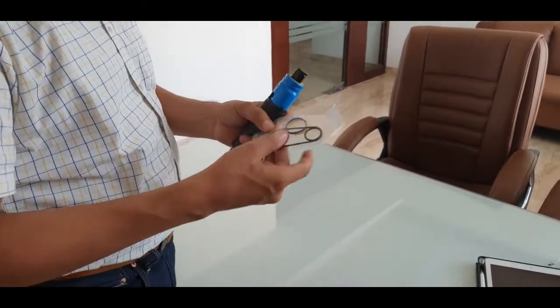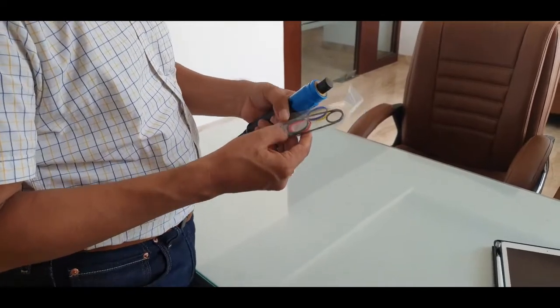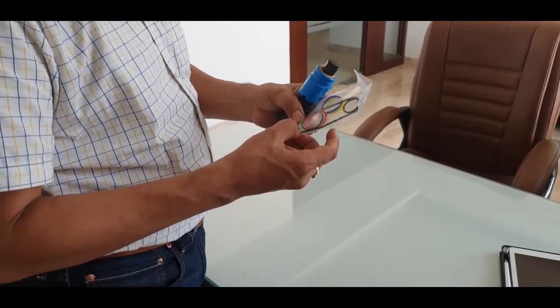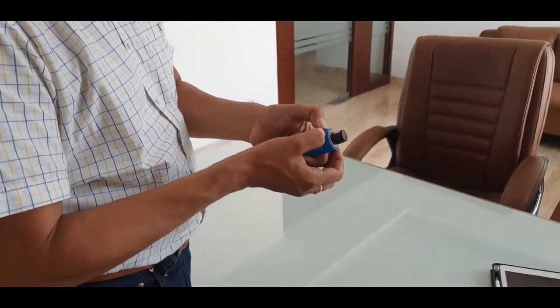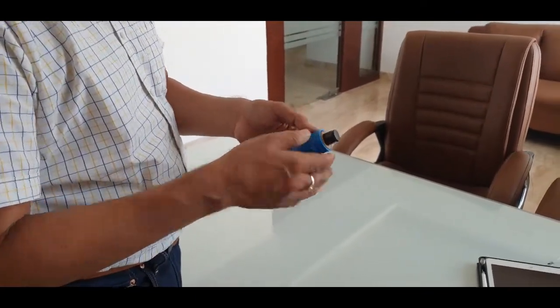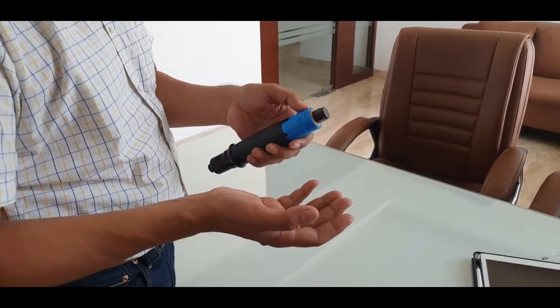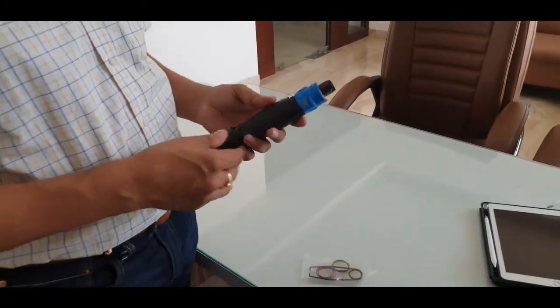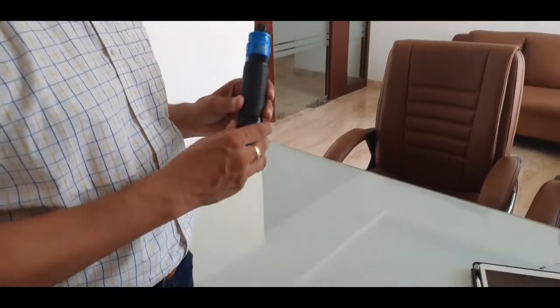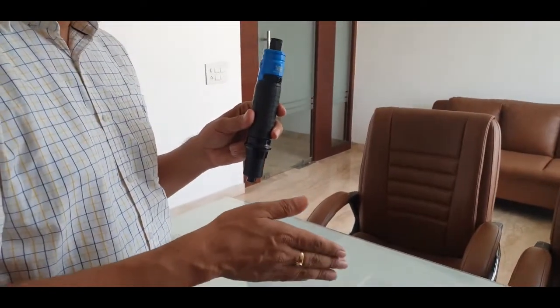Along with this screwdriver, there are also the clip and the color code rings. Color code rings are put over here in this groove, so that different torque settings can be differentiated on the production line. The screwdriver has a very special clutch mechanism which shuts down instantly, which will give you the